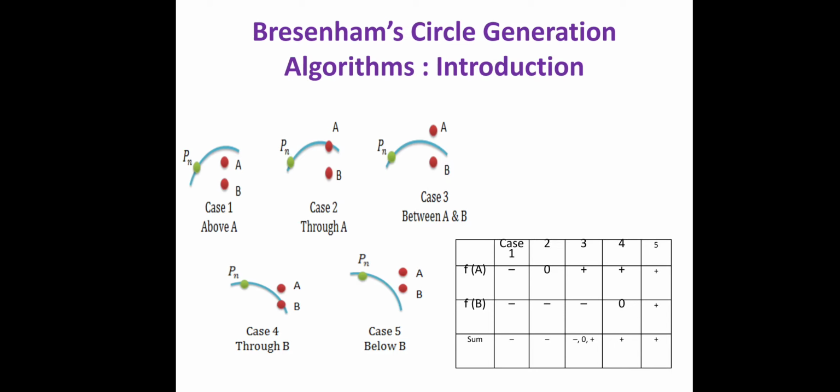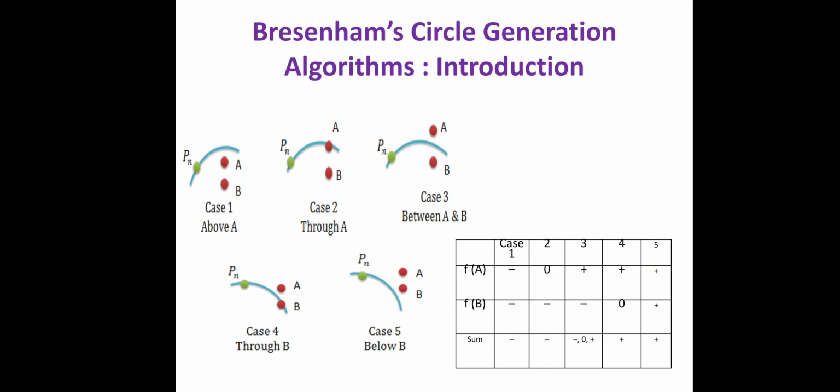Now whenever I am considering case 1, in that case both points are inside. Inside is shown with the minus sign. If there is a sum, then you have to calculate the sum of these, so minus plus minus will become minus. Okay. Then for the next case, one point is on the circumference of the circle, which means the equation of that circle gives f of a is equal to 0. That is why I am saying it is 0 and b is inside, that is why minus. Why minus? Because f of b will be less than 0, that is why I am representing it with a minus. Okay. So it will be 0 minus, the answer will be minus. Then the sum will be minus.